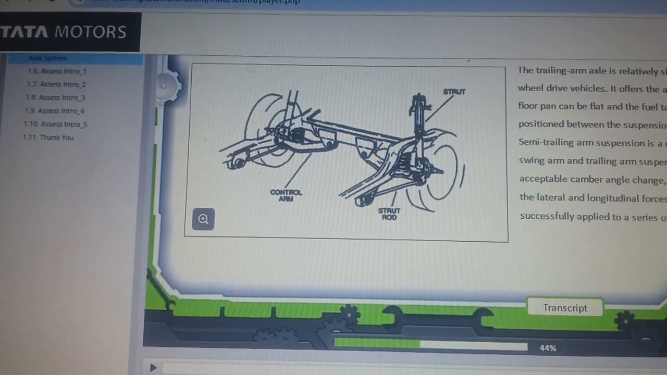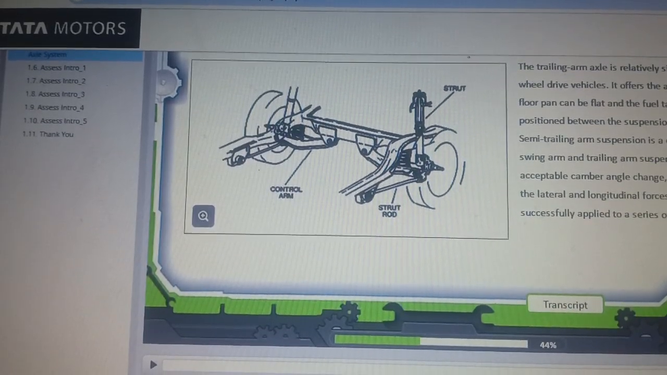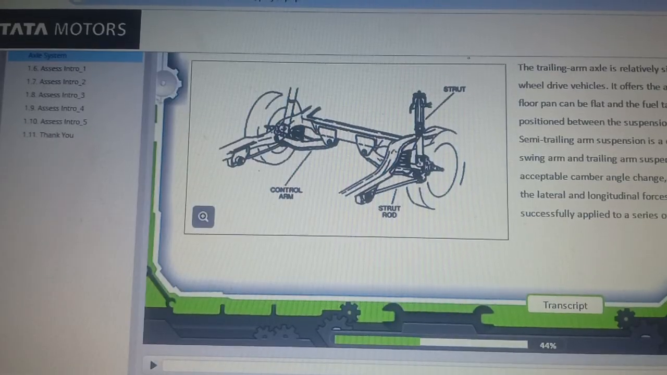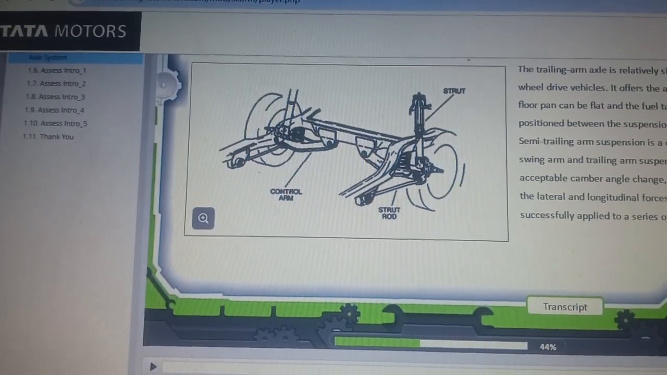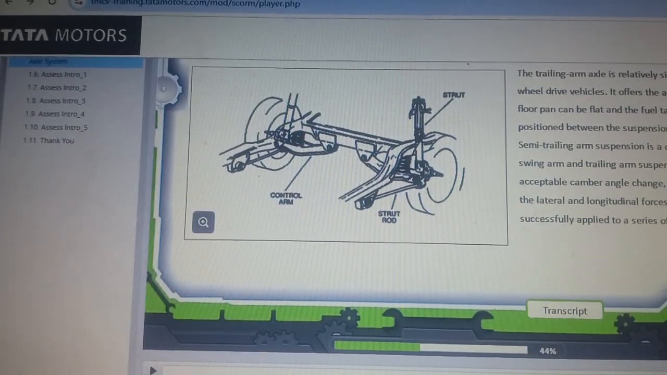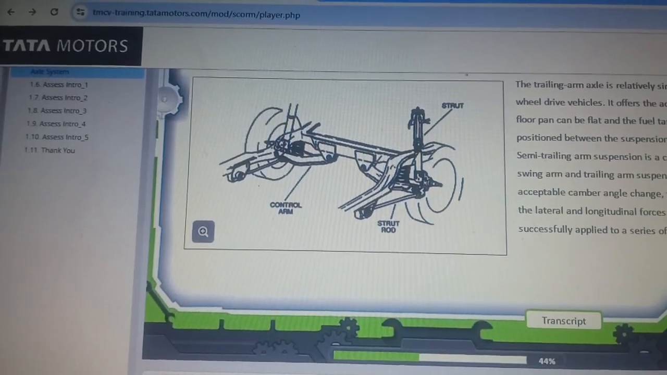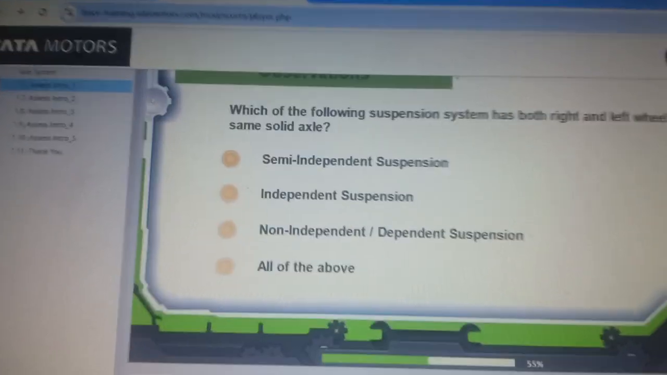Semi-trailing arm suspension is a compromise between the swing arm and trailing arm suspensions. These suspensions have acceptable camber angle change, while they can handle both the lateral and longitudinal forces. Semi-trailing design has been successfully applied to a series of rear-wheel drive cars. Both right and left wheel attached to the same solid